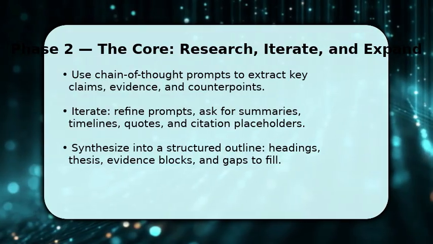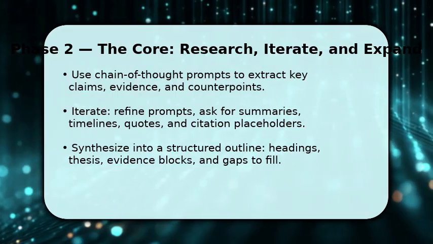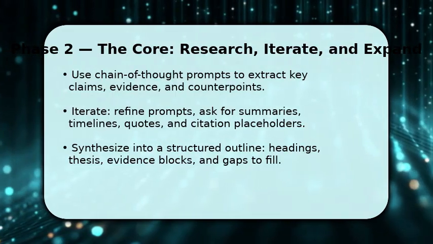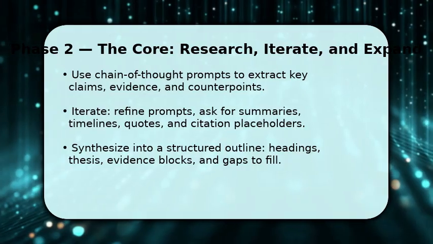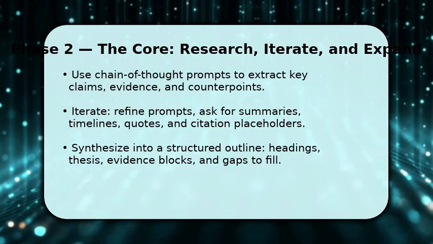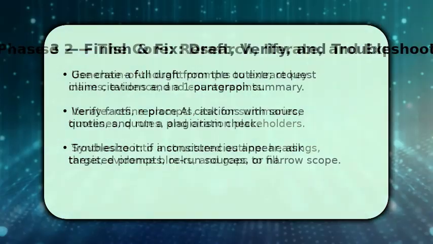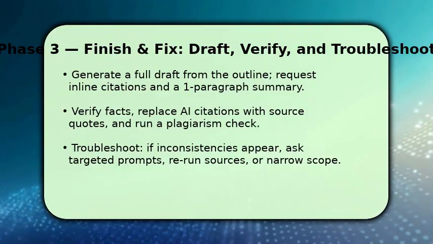Then iterate. Refine prompts to improve accuracy and ask for alternative phrasings or stronger transitions. After that, synthesize everything into a clear outline with headings, a thesis, evidence blocks, and the gaps you still need to fact-check. Produce a full draft from your outline, instructing the AI to include inline citation placeholders and a 1-paragraph